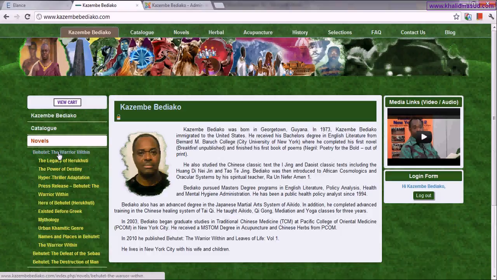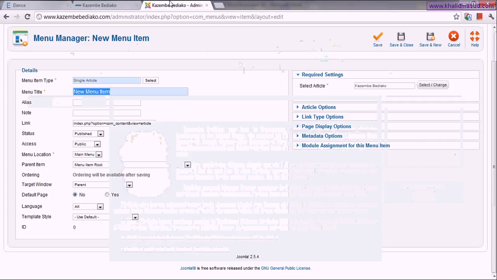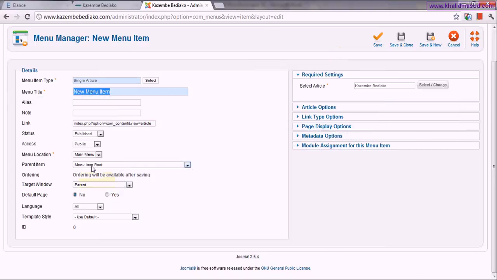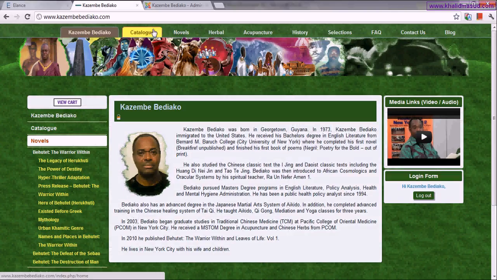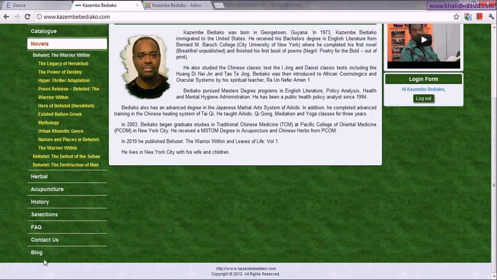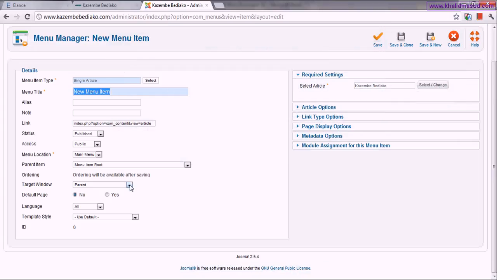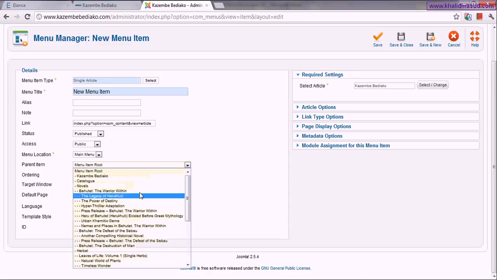You can select the menu item root, which means showing it as a main menu item, one of the next items here. Or you can select that you want to show it under this, or under this, which means under this main menu it will be shown as a sub menu.